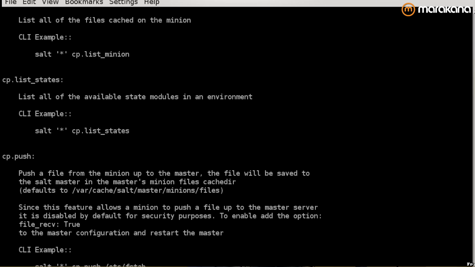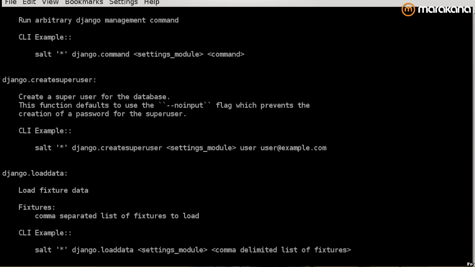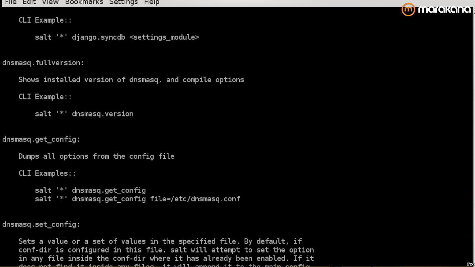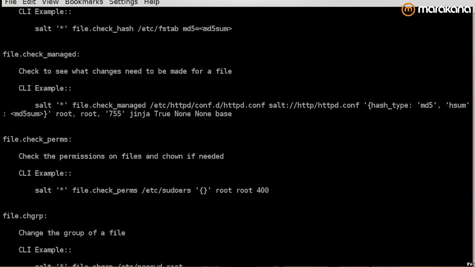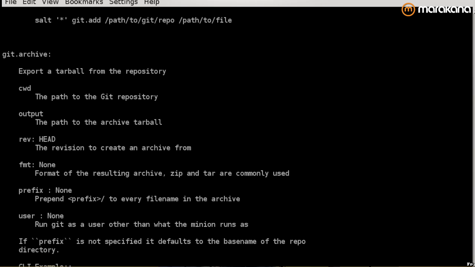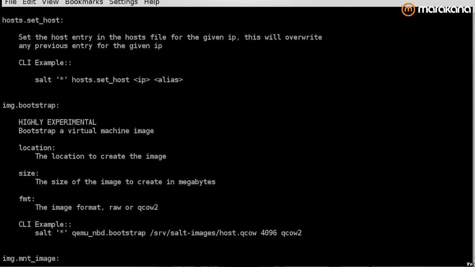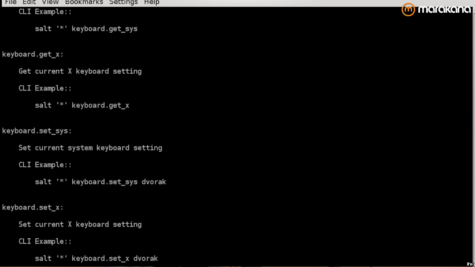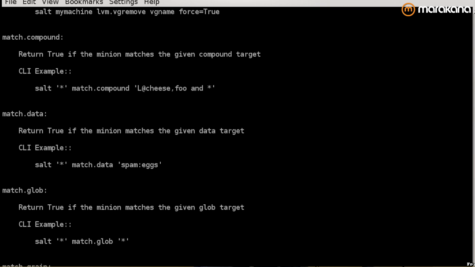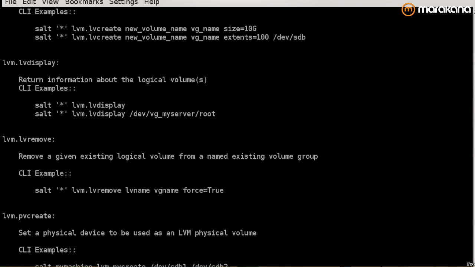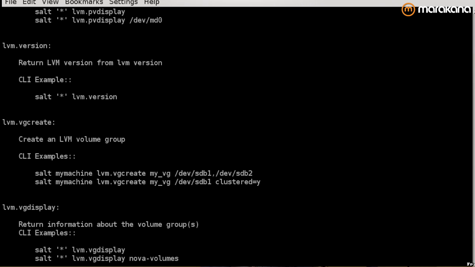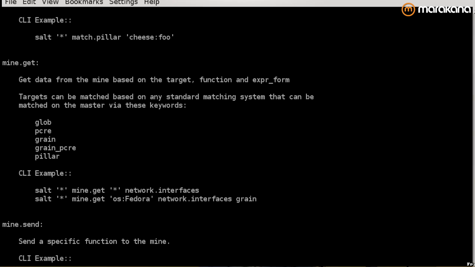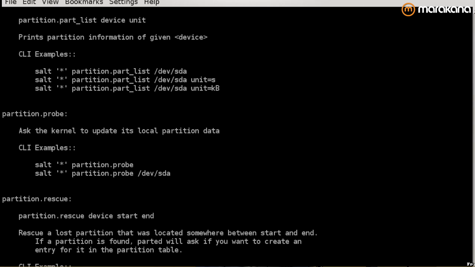Okay, so anyway, lots of functions. Manipulate cron, work with daemontools. There's that data backend I briefly talked about. A bunch of Django interaction, dnsmasq, ex file management, Ruby gems. There was Git back there, manipulating virtual machine images, iptables stuff, key. Oh yeah, that's cool. Anyway, you can manipulate your keyboard configuration settings inside of Linux. Locate, LVM. Yes, yes, you can set up LVM. Don't be stupid. Okay. There's the mine, getting stuff out of the mine, mounts, networks, partition setup,